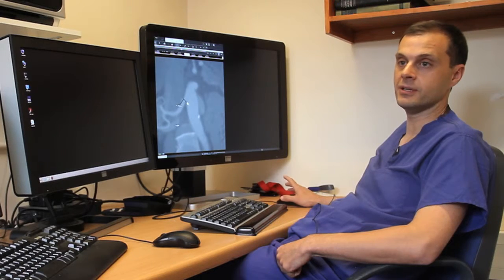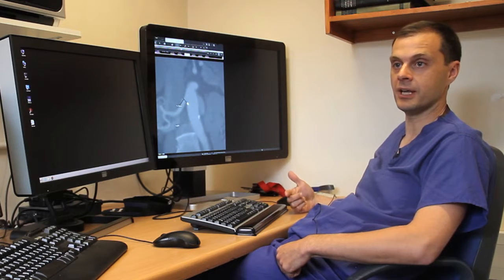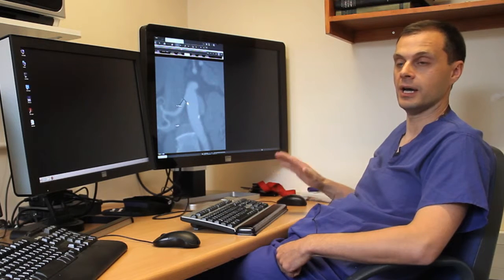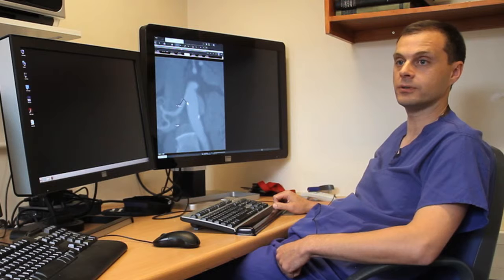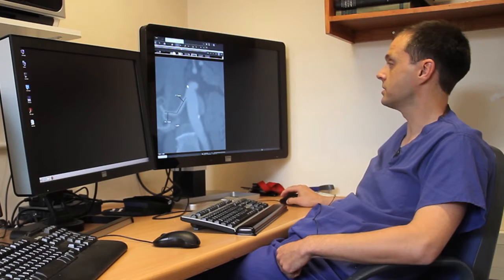Then I bring up each renal artery in turn in MPR and measure the diameter. The artery has to be at least 4 millimeters in diameter in order to do the RDN procedure, because otherwise the temperature build-up at the tip of the catheter is too rapid and the generator will cut out. So this artery is 5.8 millimeters in diameter, and the other thing we need to check is the length of